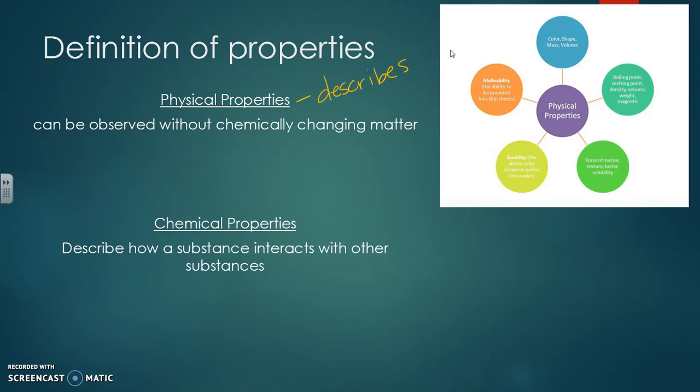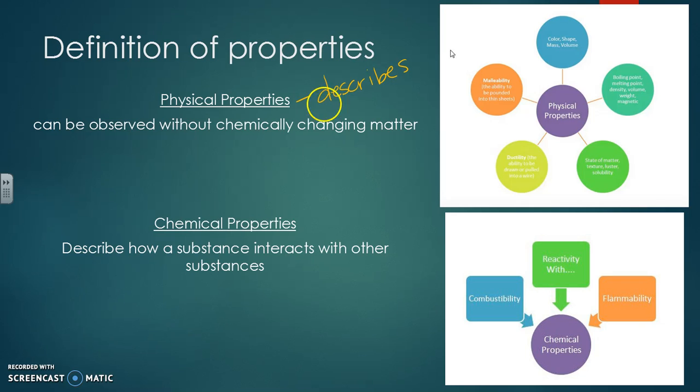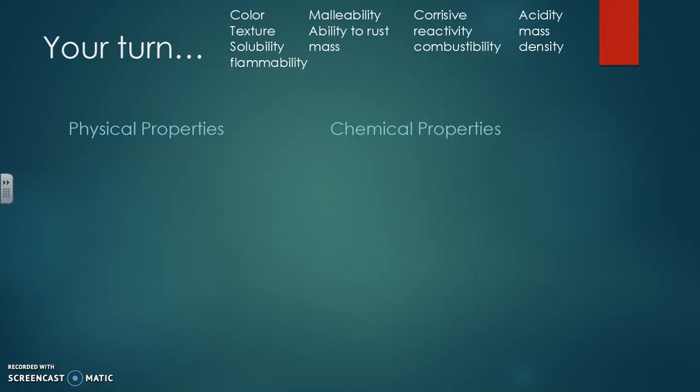Okay, a chemical property describes how the substance will interact with another substance. So its ability to react is a chemical property. And the ability to not react is also a chemical property. So if something is combustible, if it's flammable, anything with that ability is probably going to be a chemical property. All right. Moving on, your turn. Here are a bunch of them, and what you need to do is figure out if they're physical properties or chemical properties. So go ahead and pause it and write down what you think, and then come back and see if you got them right.